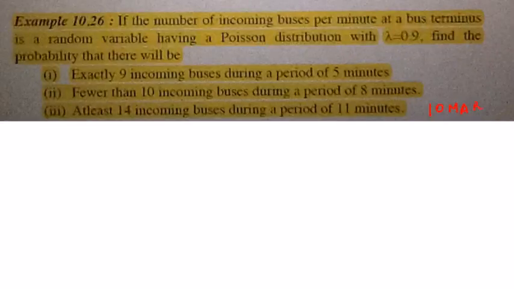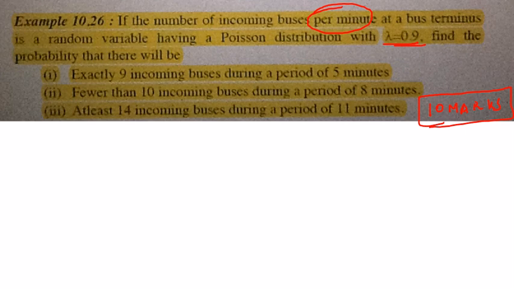So 10.26 example is a 10 mark question which will come in Poisson distribution. What they have given is the number of incoming buses per minute. This is something that you should note here. The number of incoming buses per minute at a bus terminus is a random variable having a Poisson distribution with